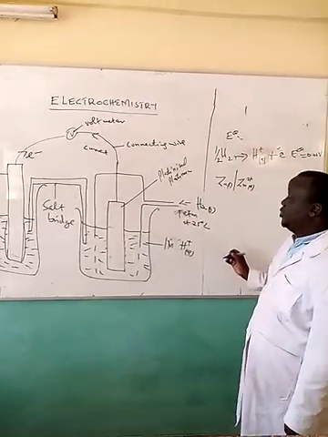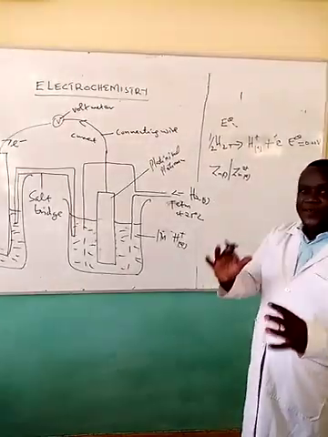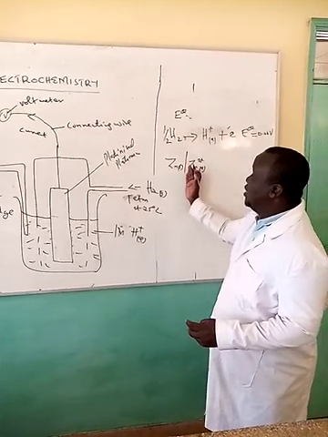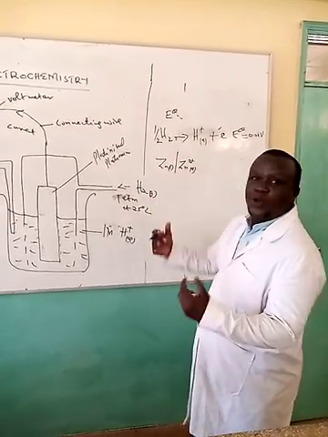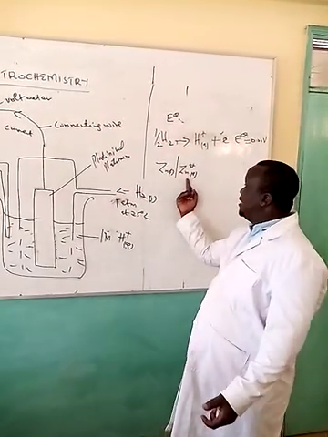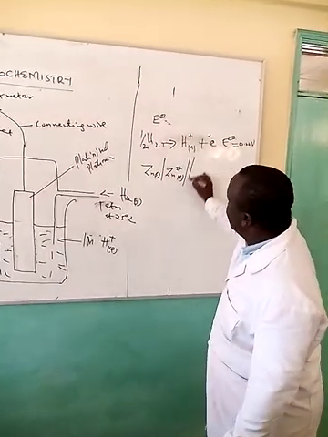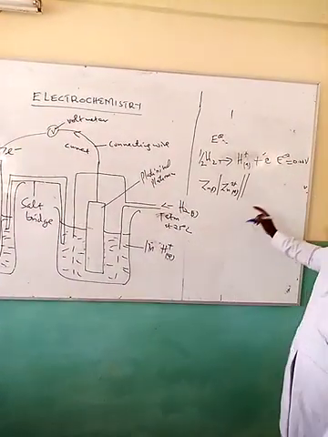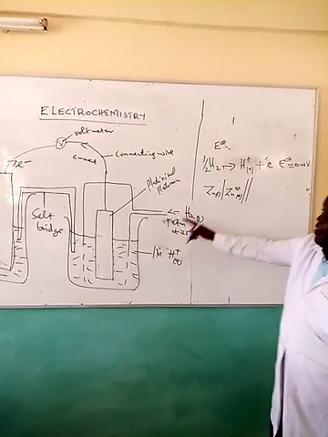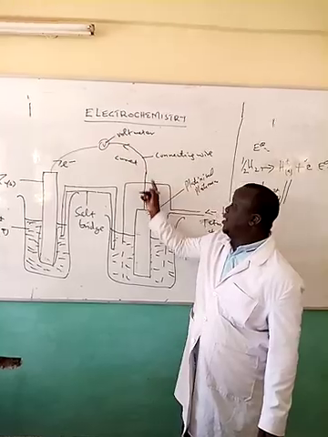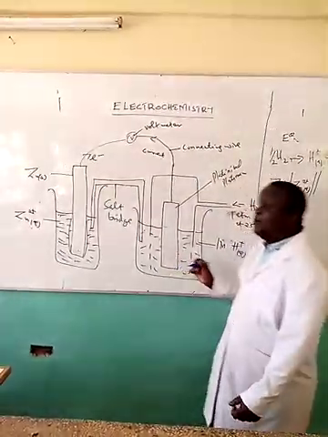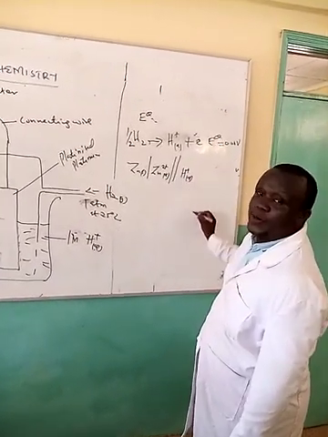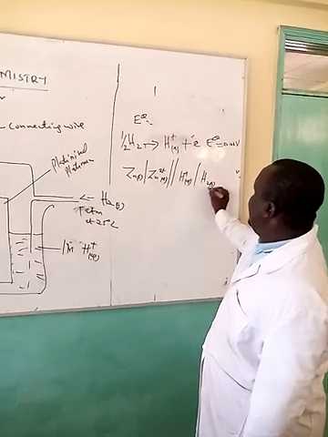As we agreed in our previous lesson, this vertical line represents a phase boundary where the potential difference is developed. In this case here, it's a phase boundary that separates a chemical species, in this case, zinc solid and zinc ion. And then we have two vertical lines. These two vertical lines represent the salt bridge. And then the electrons that are lost from this half cell travel through the external wire, and they are being picked by hydrogen ions. Now, hydrogen ions, as they pick the electrons, form hydrogen gas, like that.